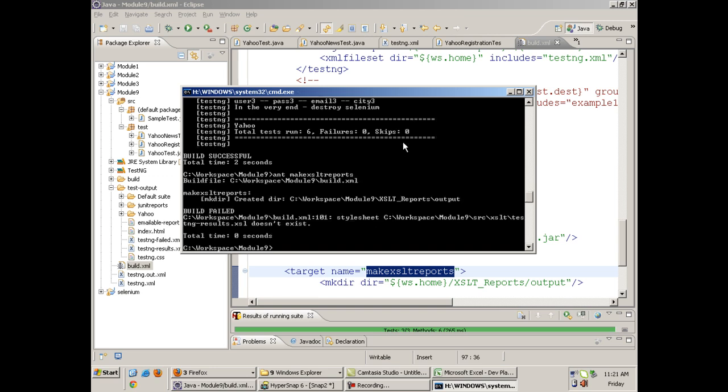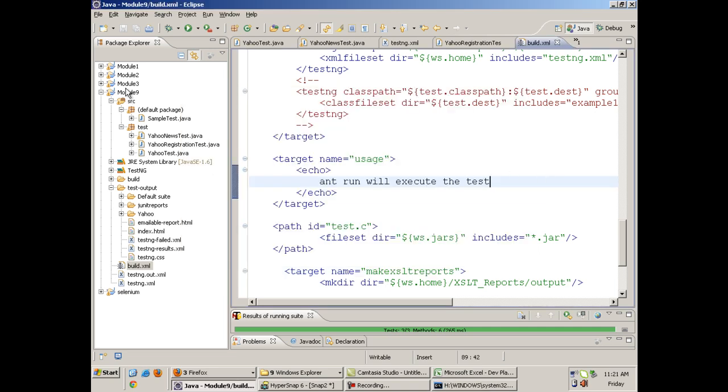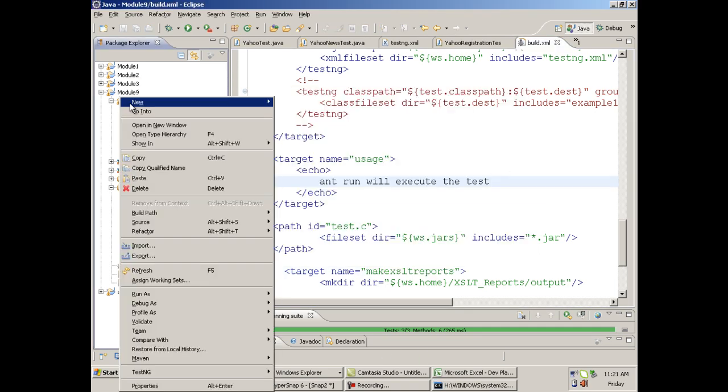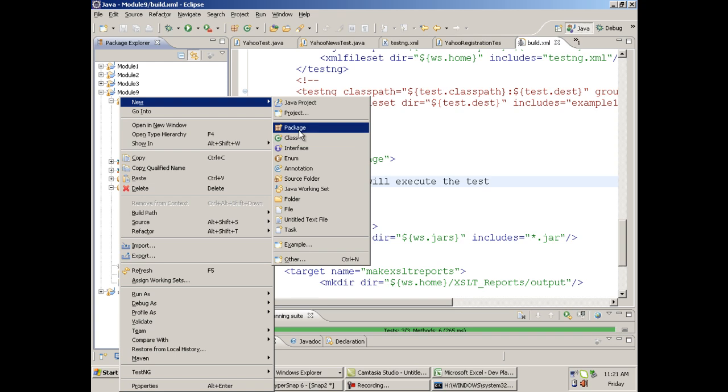When I run this, it is giving me an error: style sheet c: workspace source XSLT testng-results.xsl does not exist. You will have to make a new package in your source folder to make these reports.